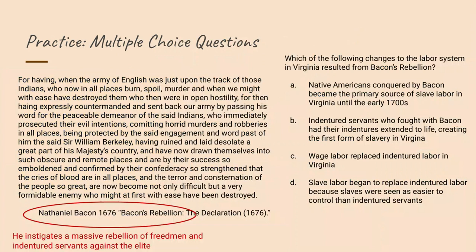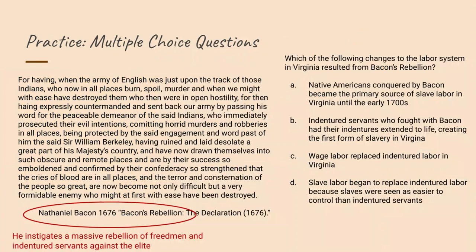This is from his declaration that was posted to the governor, and he quotes, "For having, when the army of English was just upon the track of those Indians, who now in all places burn, spoil, murder, and whom might with ease have destroyed them, who then were in open hostility, for then having expressly countermanded and sent back our army by passing his word for the peaceable demeanor of the said Indians, who immediately prosecuted their evil intentions, committing horrid murders and robberies in all places, being protected by the said engagement and word passed of him, the said